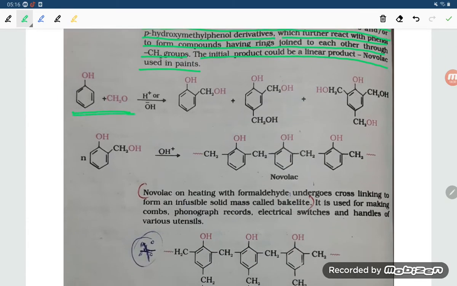So when it is forming initially, students, this is phenol reacting with formaldehyde, it is forming the CH2OH group, and the CH2OH group can be at di places or tri places and mono places. When it is at the di places at the ortho position, it is forming the Novolac, student. It means there is loss of a water molecule from the ortho position, and it is forming the Novolac.